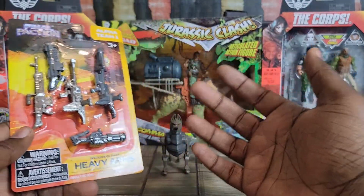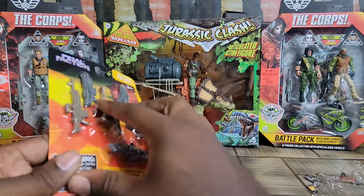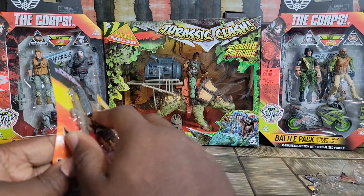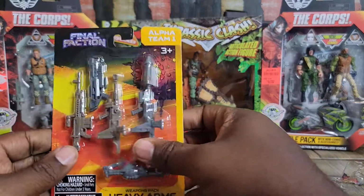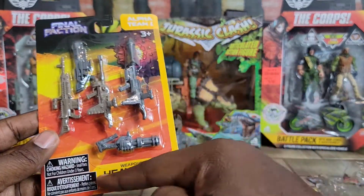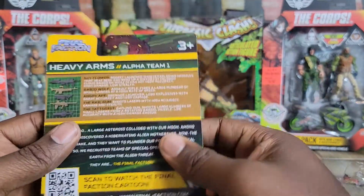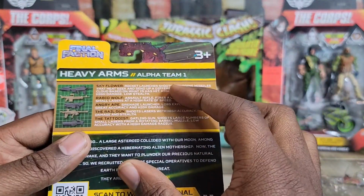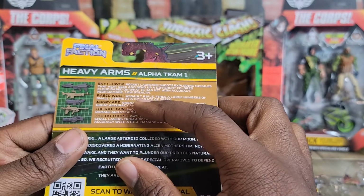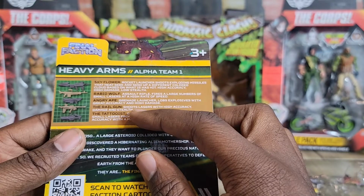So if you guys saw my USS flag, I have a couple of those Final Faction station robots as guards, and it serves that purpose, because they can be rigid. But here we have the weapons pack, heavy arms. Again, this is $1. And it says on the back we have the Skyflower, which is a rocket launcher, the Rabbit Wolf, which is an assault rifle, the Angry 8, which is a grenade launcher, the Railgun, which